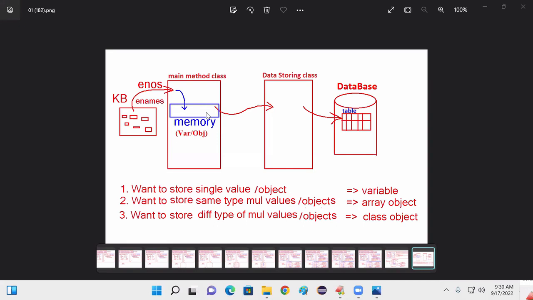What I should type on the screen? I want to create multiple objects. You want me to type, I want to create multiple objects. Come on guys, tell me. So I want to create multiple objects. How can I create one object? New example. One more object? Again new example. One more object? Again new example. If I write 3 times new example, new example, new example, then every time that example class